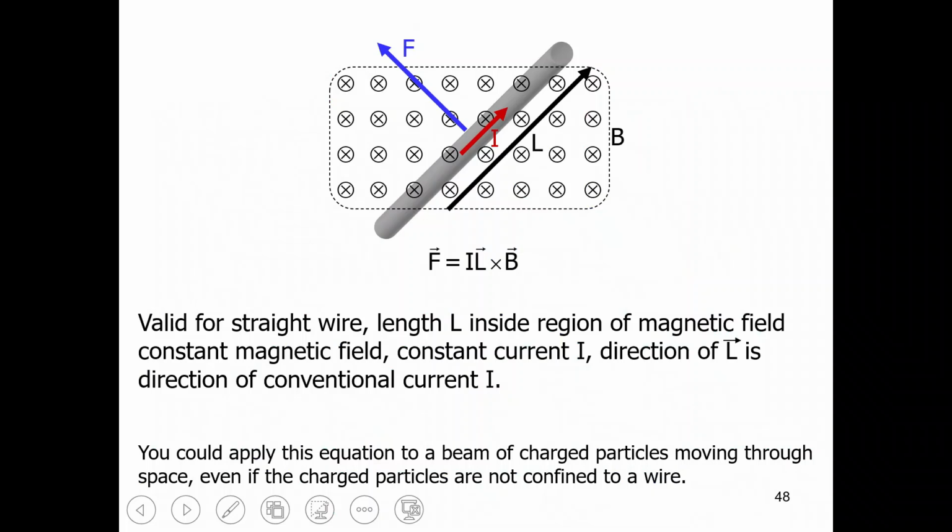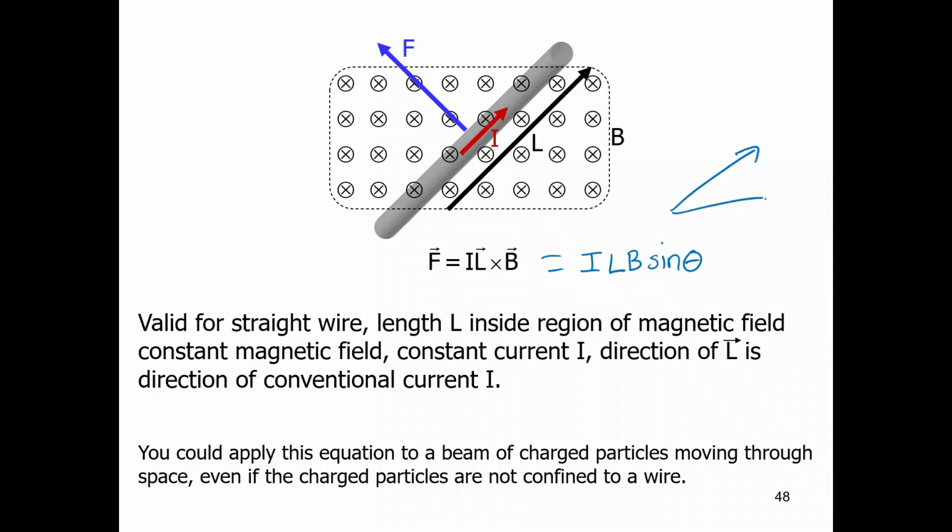Well, what happens when your wire is not in a straight line and perpendicular and so forth? So what you could do is you could use that cross product, and you could find that your force is going to be I L B sine theta, as long as you have L and B, and theta is the angle between those vectors. Like I said, we assume that our conventional current and L are going to be in the same direction, and I can use a right-hand rule, and I can see for this straight wire, for the portion that is in the field,